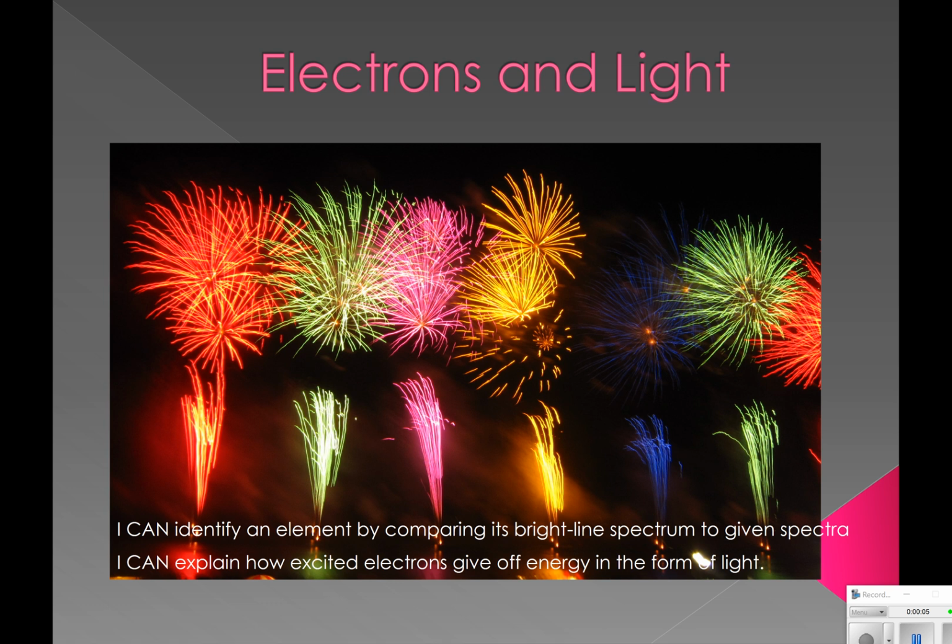Today's lesson is going to focus on electrons and light, and specifically how electrons and electron transitions can produce different photons of light, and we'll focus on specifically the visible wavelengths of light that we can see. After today's lesson, you should be able to identify an element by comparing its bright line spectrum when given other spectra of other elements, and you'll be able to explain how excited electrons give off energy in the form